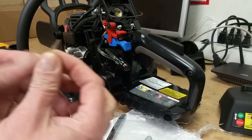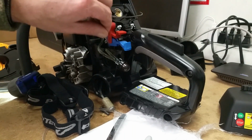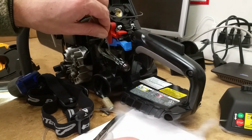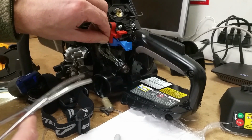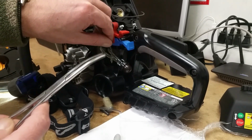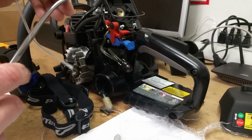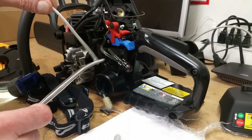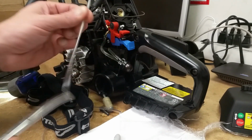So basically, once that sticks through the top of the tank, you can use the forceps to get it through the top of the tank. Small set is what I used for that. And then I just look in through the tank, and that's why you need forceps. You can look in through the tank, see it, grab onto the end of it, because at least that much is going to be sticking through. Okay, click it in, and just pull it through. All right, once